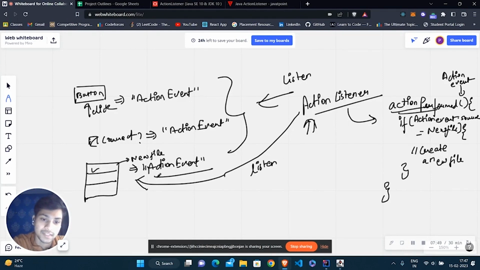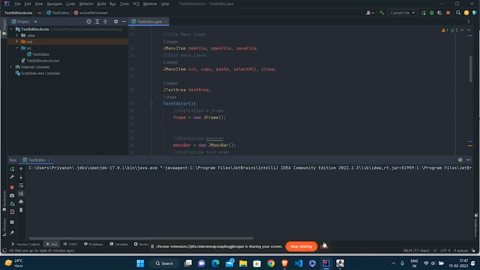Okay, I have to listen at this place. Otherwise, the action listener will not know where the action event is occurring. So we need to tell the action listener class that here an action event can occur, so that when we click on this particular menu item, an action event is created, and after that the action listener listens to that action event and performs a particular function according to it. That is the gist of the complete flow.